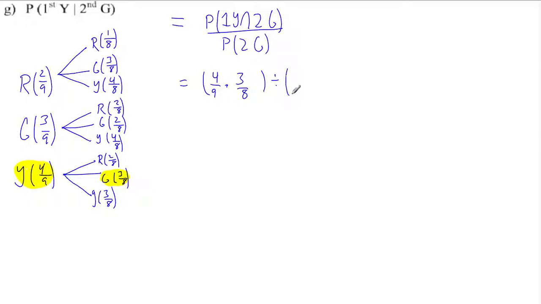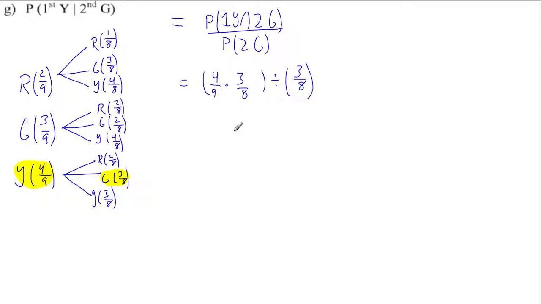And we're going to divide that by the probability that the second is green. Now the probability that the second is green is going to be 3/8. That's the probability that the second is green if we know that green wasn't already picked. If green was picked, in this situation, we know that probability is less than 3/8. It's 2/8. So we're going to keep it here because we know we're looking for the probability that the first